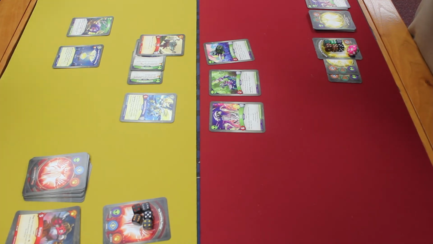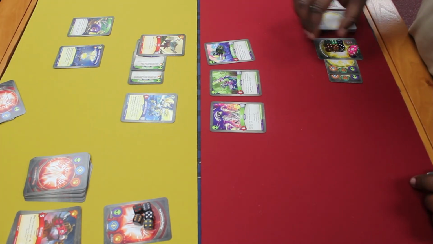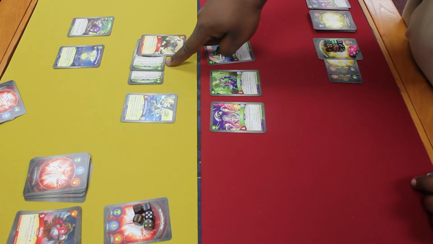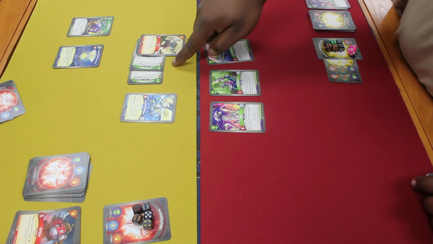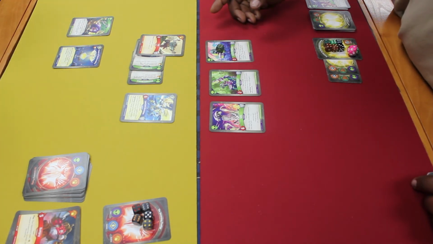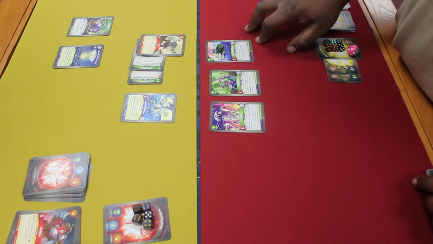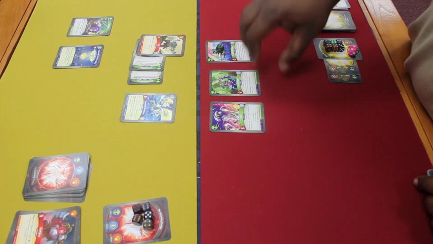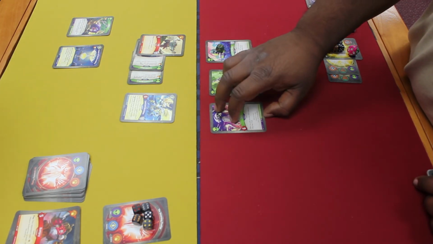Alright, so I am going to choose... Oh, no, because 2 more, because you did that. Normally I would be able to forge my second key because I have 6 amber, but his jammer pack makes it so that I have to have 8 in order for me to forge a key. So, what I'm going to do is I'm going to use...